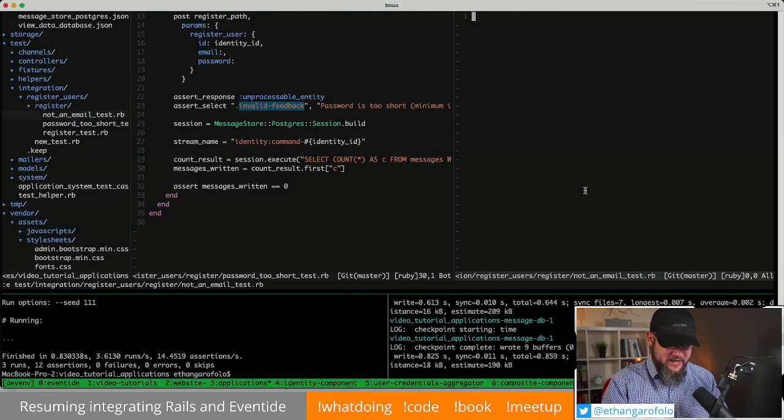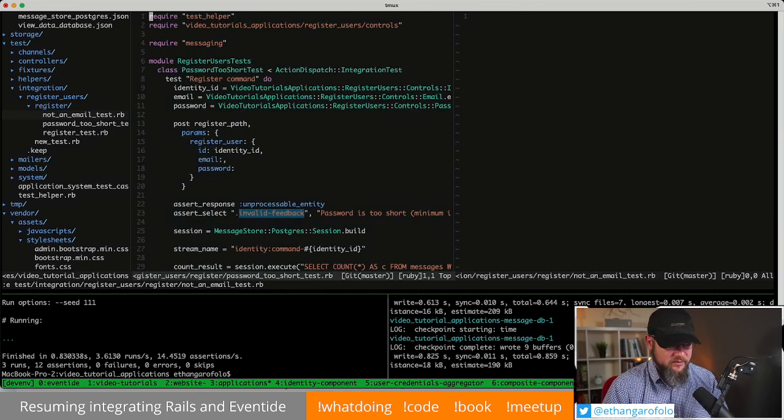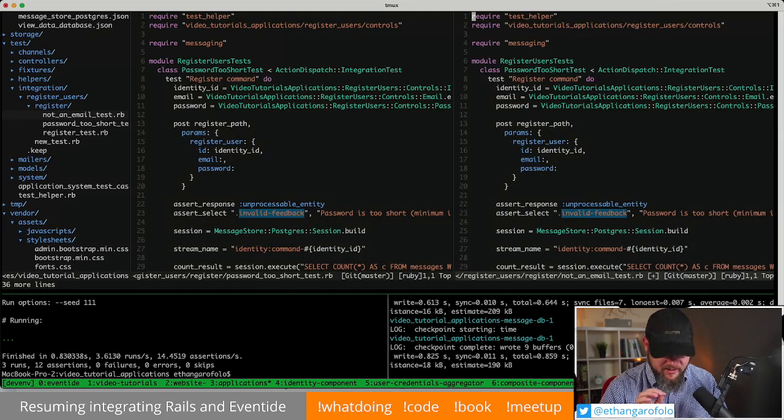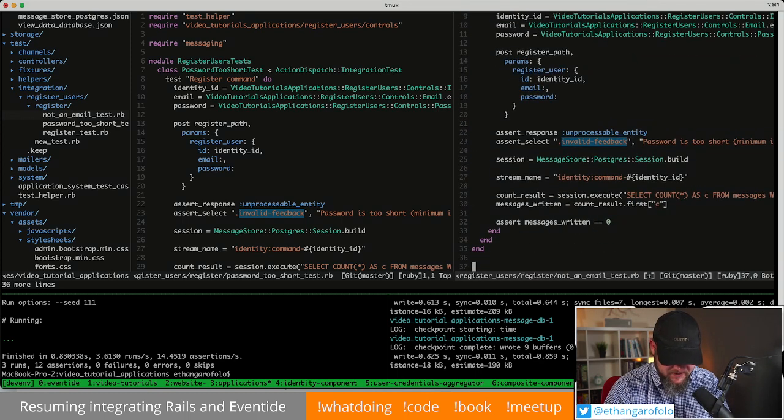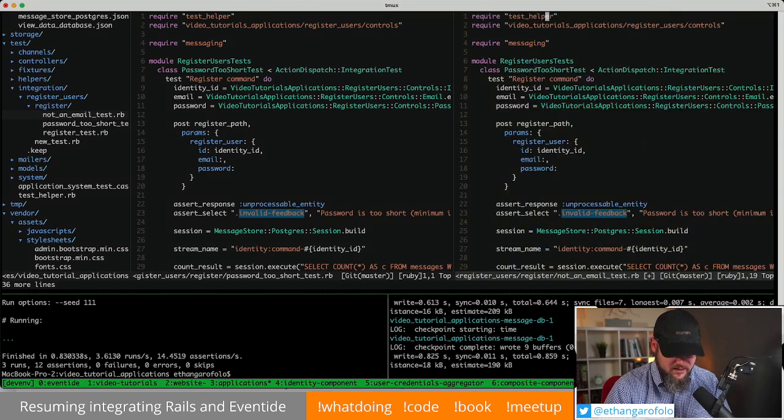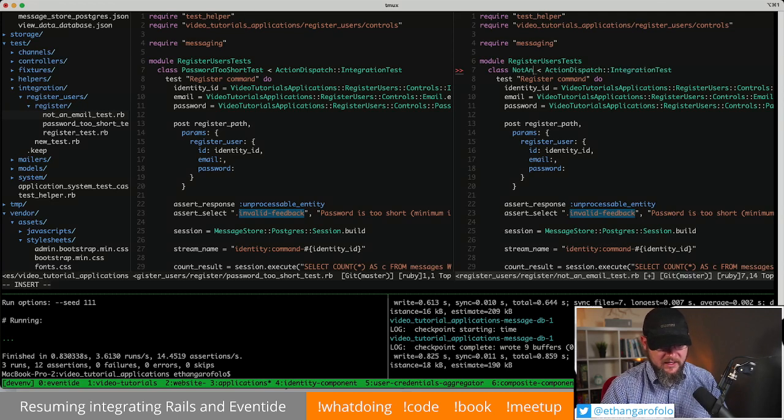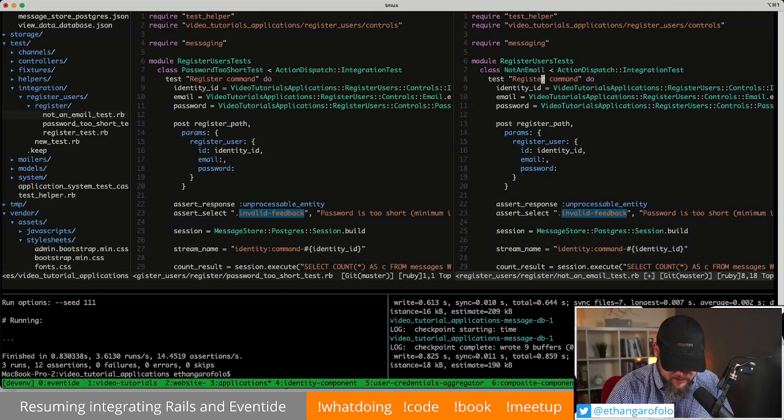We had a file already in that folder for making sure that what was sent is an email. So we are going to work on that. I'm going to copy this boilerplate. We'll still want our controls here. We'd still want the messaging so that we can check to see what was written. This, though, won't be the password too short. This will be our not an email test. And in that case, when we get a register command,